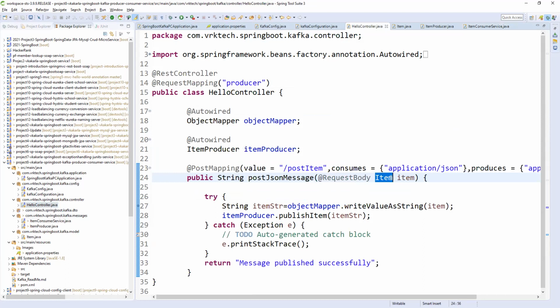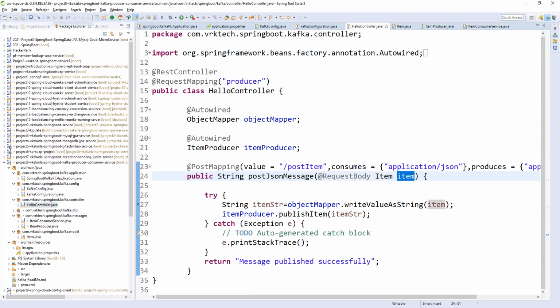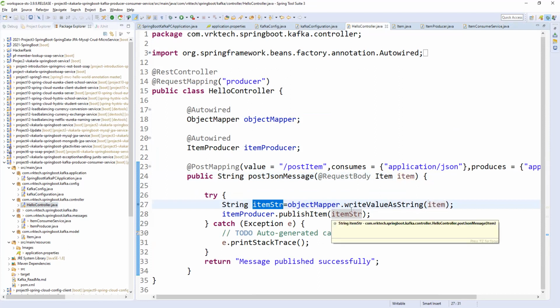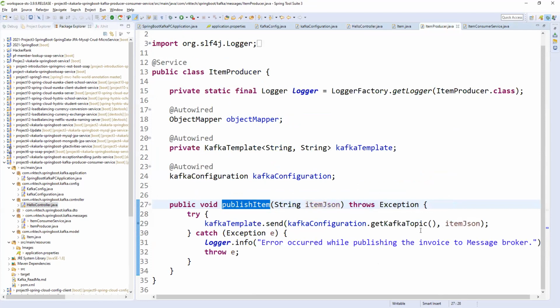Publish item comes as an object, but using the object mapper, I write the value as a string. So my object is converted to a JSON string and saved here. Whenever it is published, it will come here and send to the topic automatically.